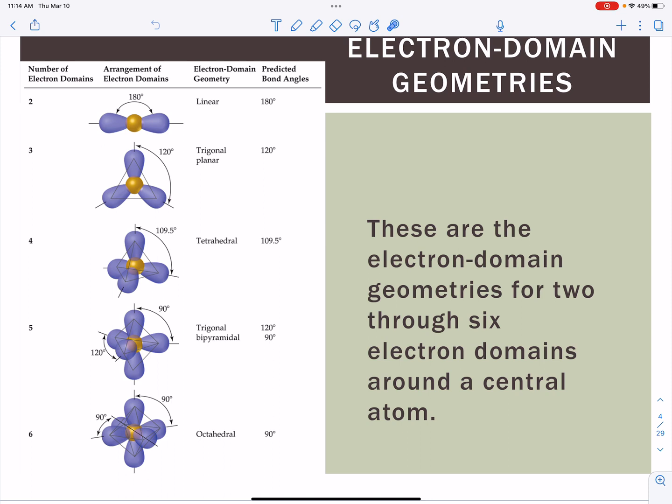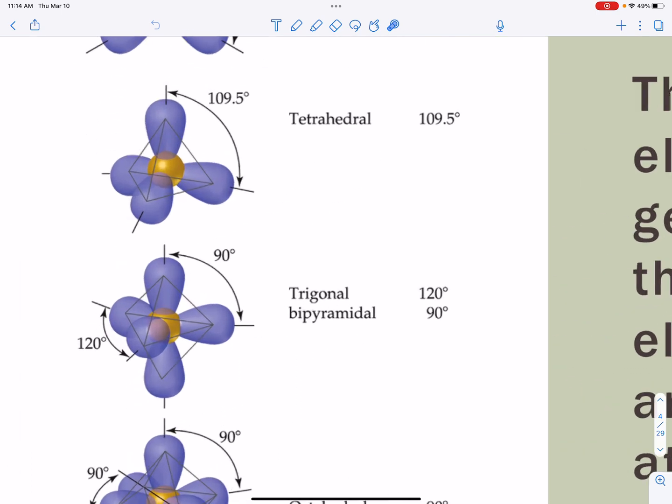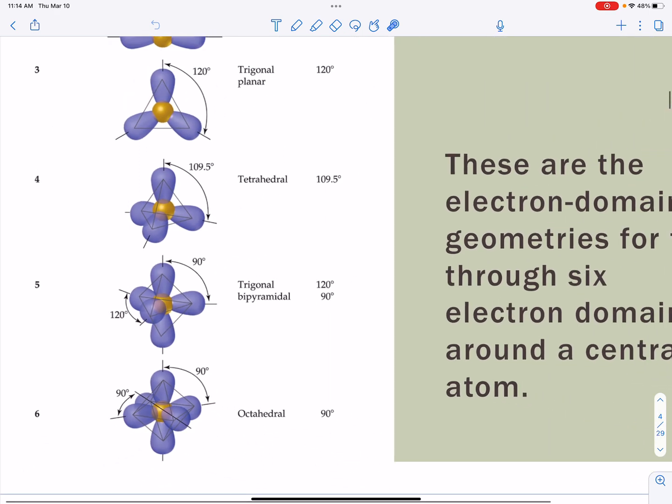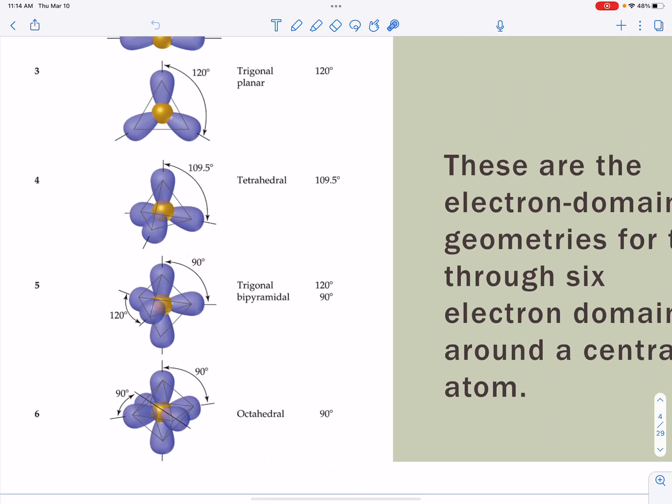You can't get all the angles the same. Instead, some of them are 120 degrees from one another. Those are the ones in the middle here, and we call those the equatorial positions for trigonal bipyramidal. And then you have the axial positions up and down. So the bond angles are either 90 degrees, or if they're on that equator, the equatorial positions, they're 120 degrees